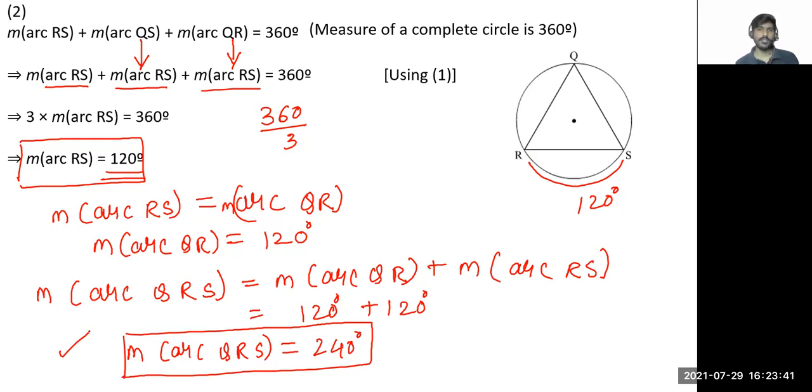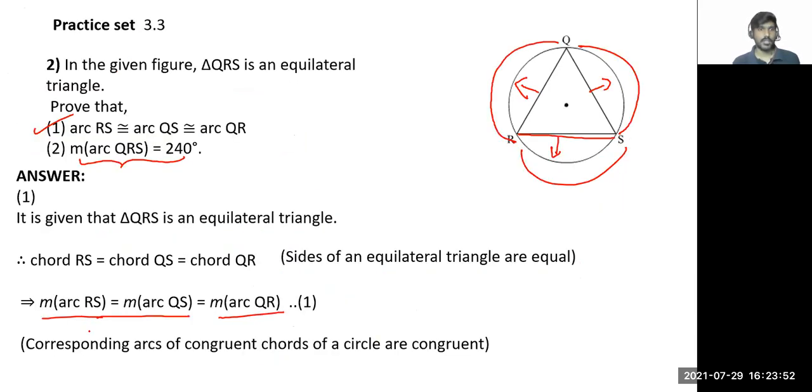Did you understand this? Yes. I will write this down. I'll show the first part. Okay, this is the first part. And the second part is finding this one. This is second, this is first. Is it clear? I hope no doubts now.